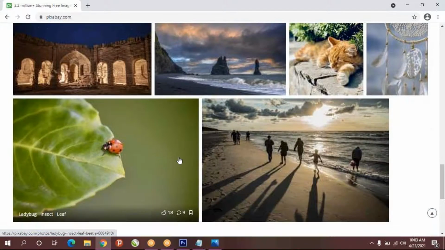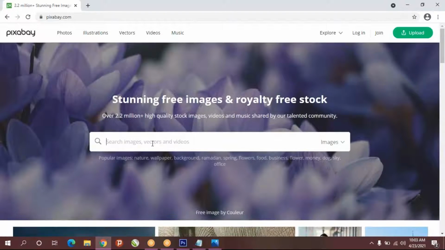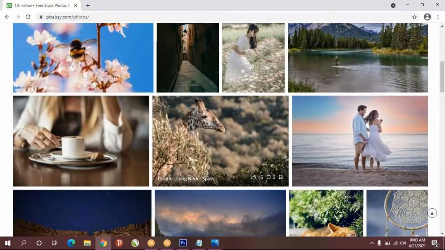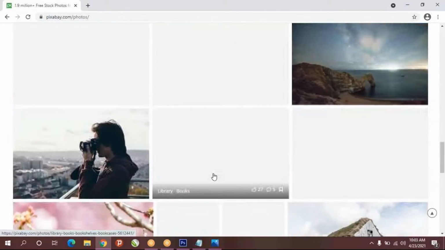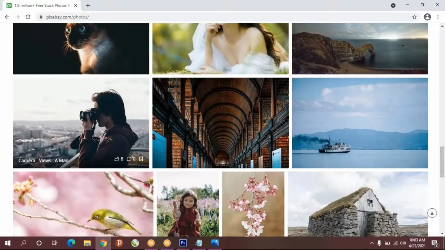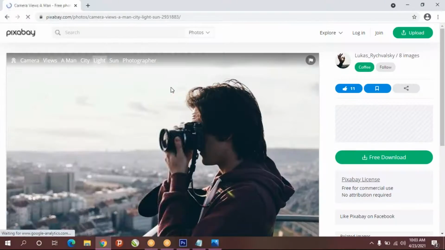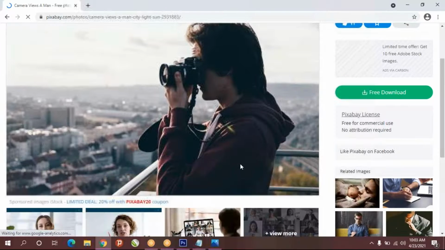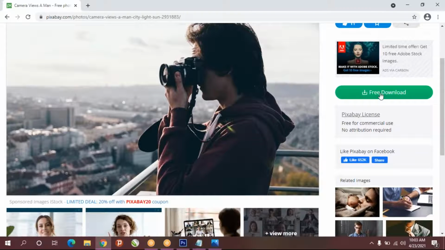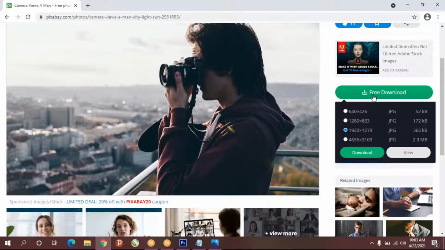This everything is high quality image. There are lots of images. You can search and take also. For example, this photo I'll take. Just click on this free download. Up to 1920, this is free.